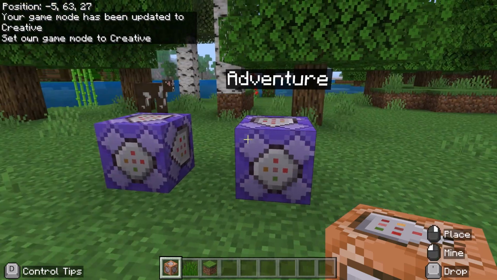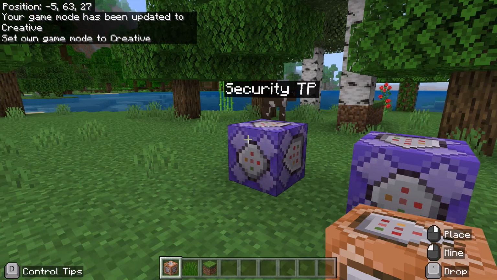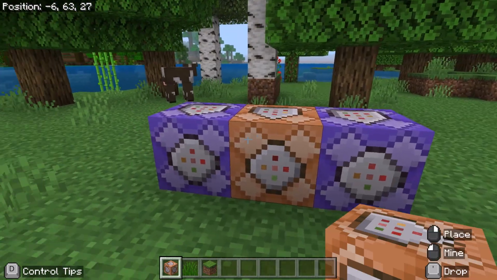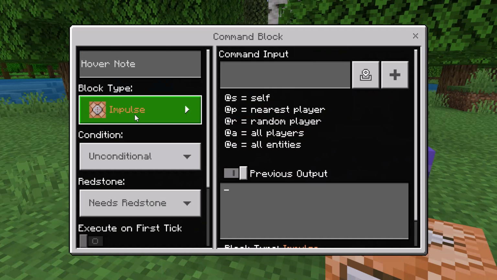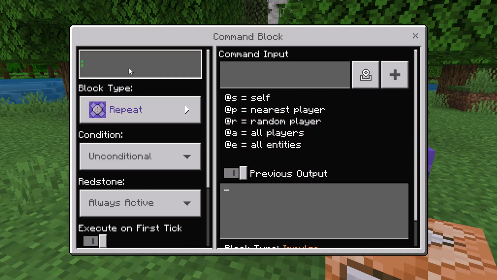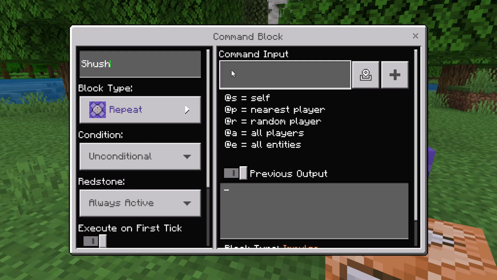And we've got our first two steps. Now all we need to do is worry about that inappropriateness in chat. But we can fix that too. So I'm going to put down a third command block. And we're going to change this again. So this is going to be repeat, always active. And this is going to be our shush block. So this is going to shush everyone who has that bad tag so they can't say inappropriate things in the